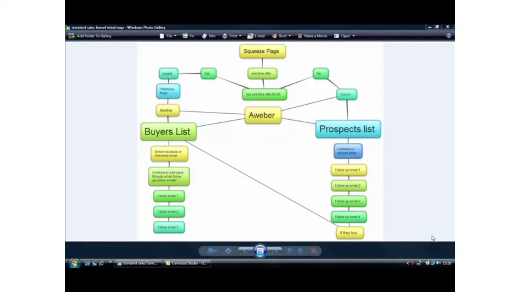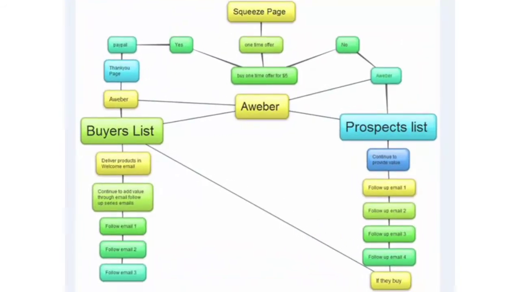In this video we're going to discuss using one-time offers in your sales funnel. As you can see on the screen in front of you, we've included a one-time offer in this particular sales funnel, and it works the same as a standard sales funnel, except that you offer people a low price product after they've opted in. Now there are certain times when you should use one-time offers, and there will be other times